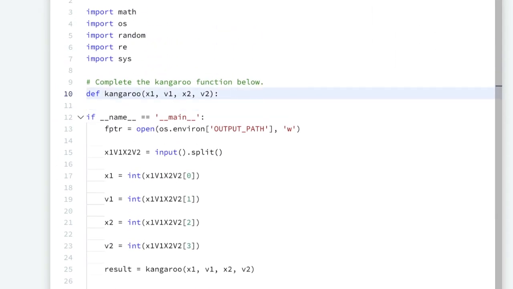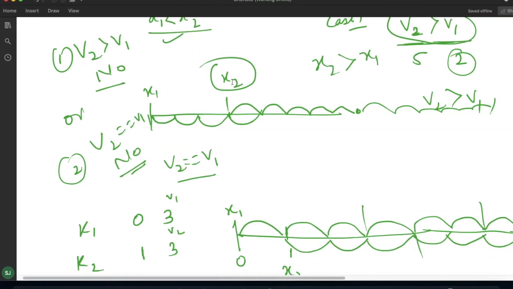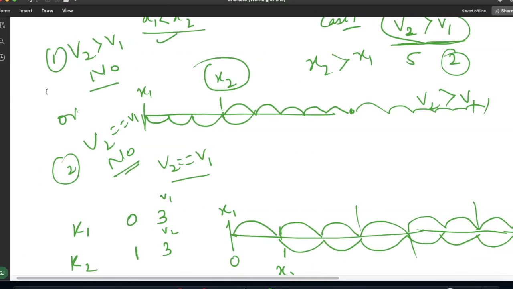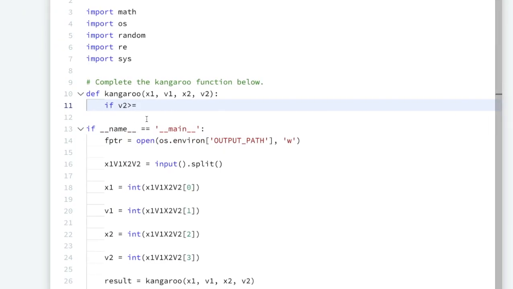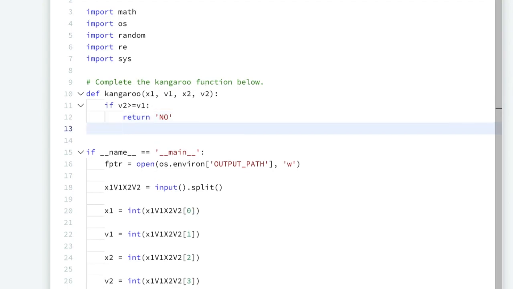So you can see here we have if v2 is greater than or equal to v1, so we are adding these two test cases in the same line. If v2 is greater than or equal to v1, then it is not possible. Here we will simply return no. Otherwise, we will iterate